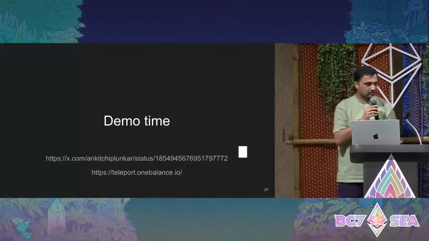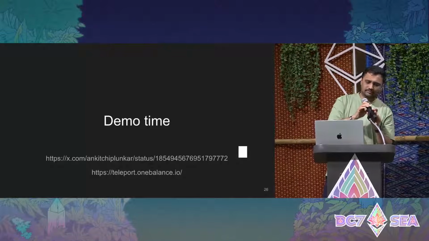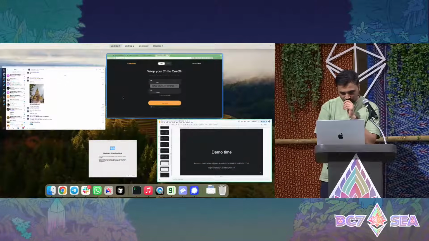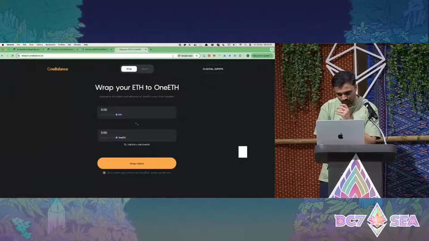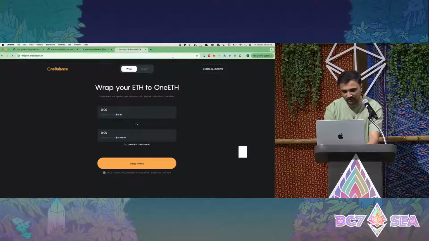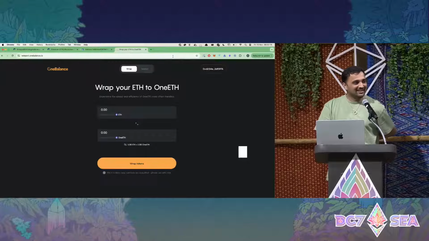I can show you a demo of how this works. So the idea is that you should be able to move funds cross-chain faster than you can move the funds on the same chain even. And so hopefully this demo works. Whenever I really want to make it work, it does not work. But